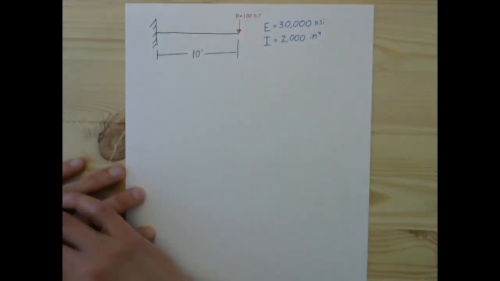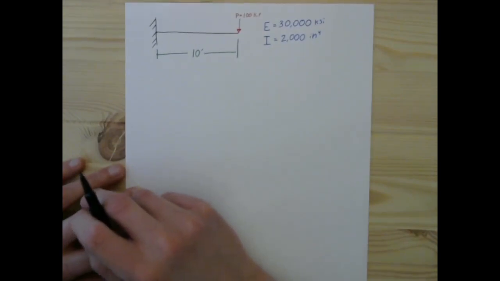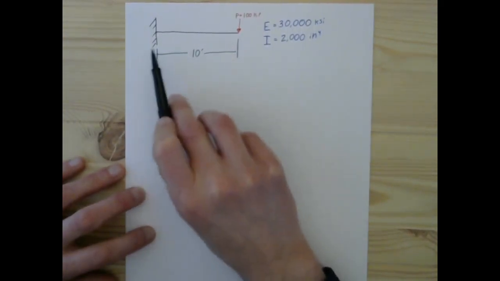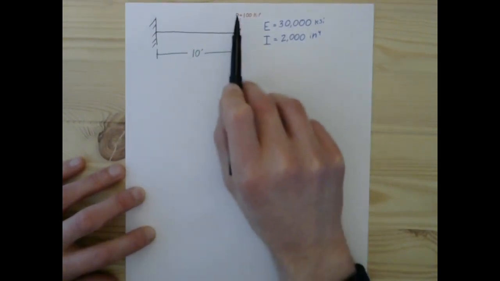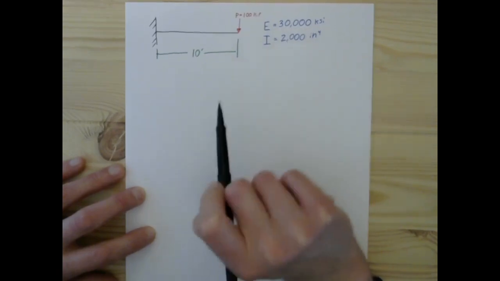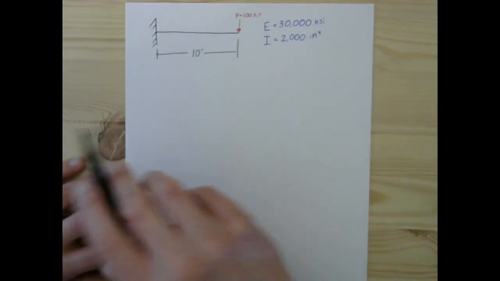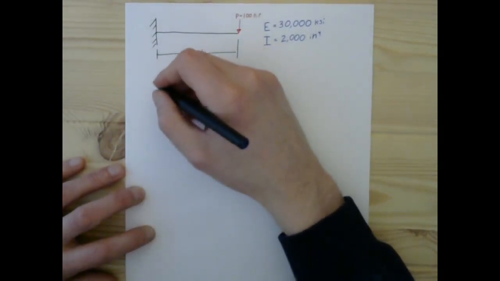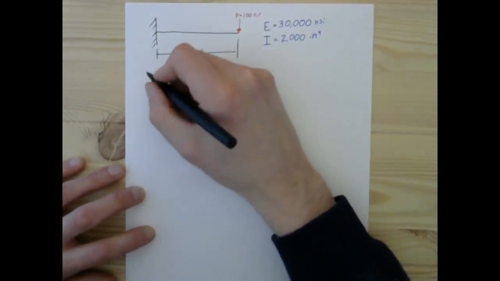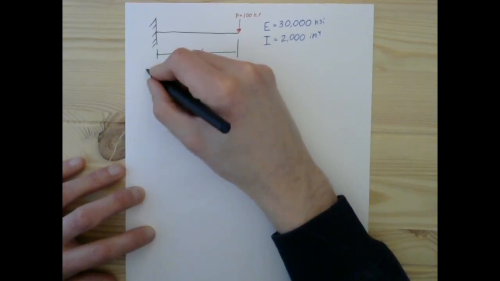As an example, let's try to determine the deflection and the rotation of this beam, given that this load is 100 kips, and we know the Young's modulus and the second moment of inertia. So, for doing this, we're going to want to use our equations previously determined, which is to say that the